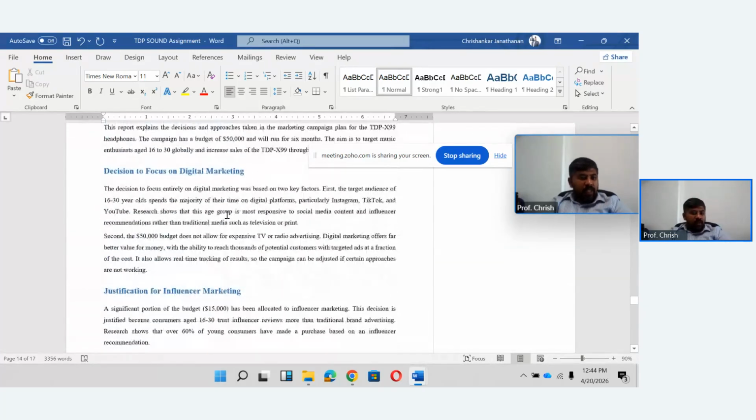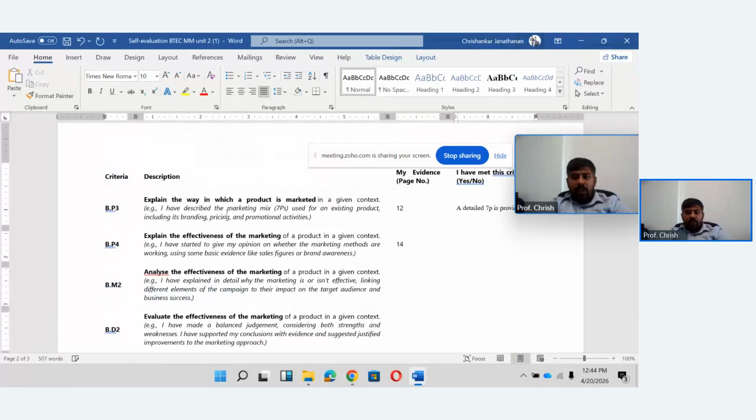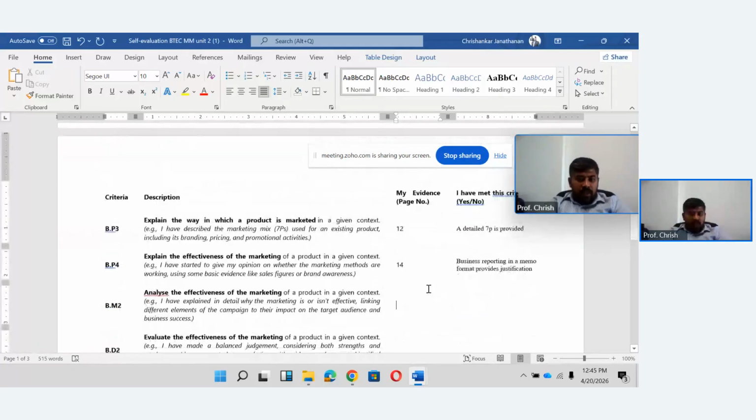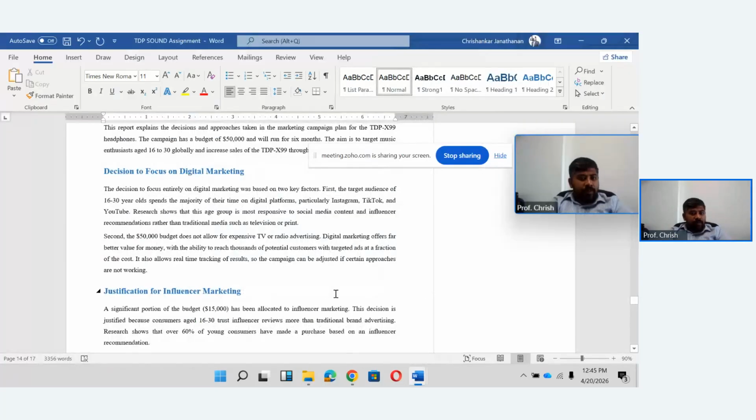So we can take the formal report, page number 14, business reporting in a memo format provides justification. Effectiveness of the marketing, your previous merit, okay, yeah. Like we can land you in a merit.